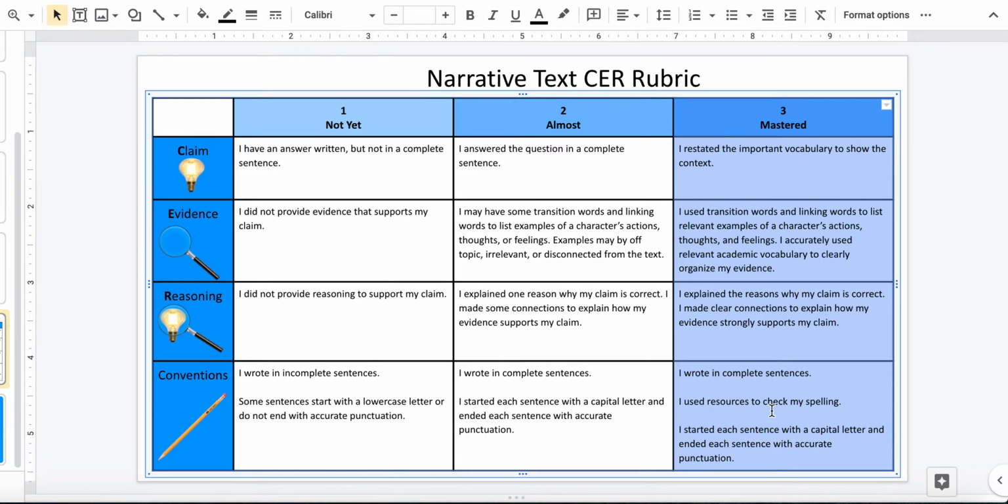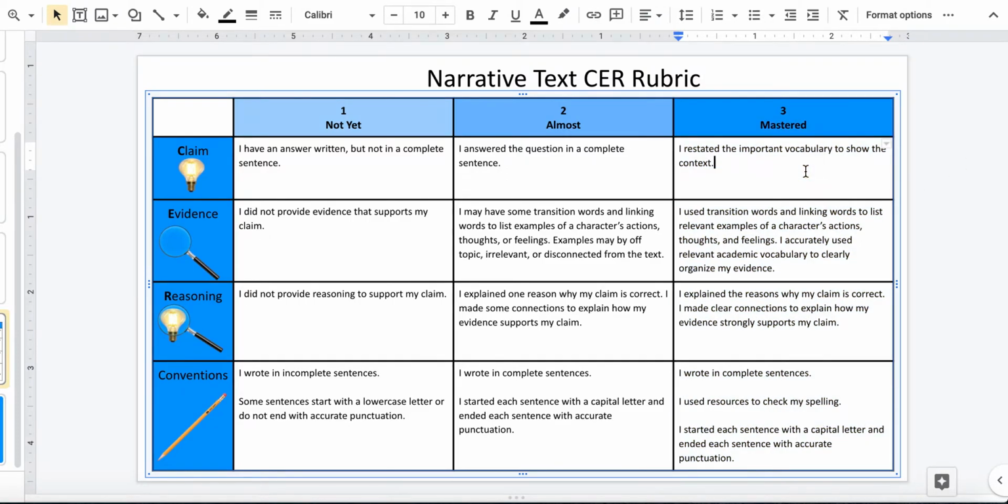Together at our CER rubric for responding to a narrative text. You can see that I've highlighted column 3, which is the mastered column. That's because this is the section that shows us that we have successfully created a CER, or claim, evidence, reasoning. So when we look at our rubric, this is where we want to look in the mastered column to see